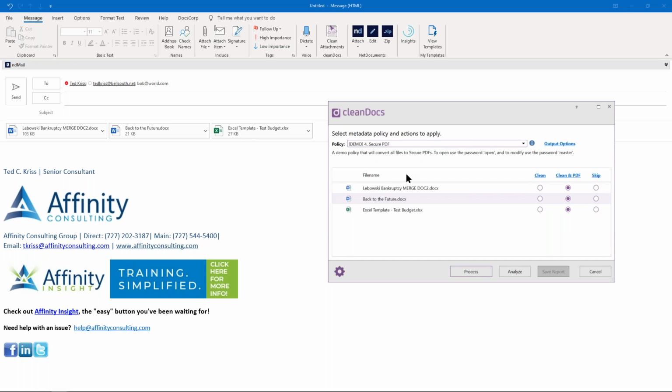When we send secure PDFs, you'll see it automatically will clean and PDF them, but it will also password protect them, and it'll allow you to secure your transmission with a particular password. And finally, we have anonymize our changes. Anonymizing our changes and our comments will allow those to remain in the document, but it will remove the author or the date that our particular document attachments have on them.